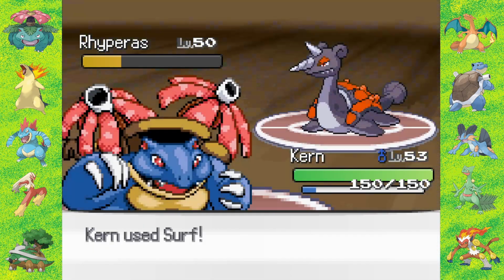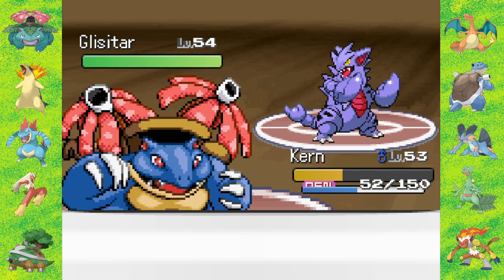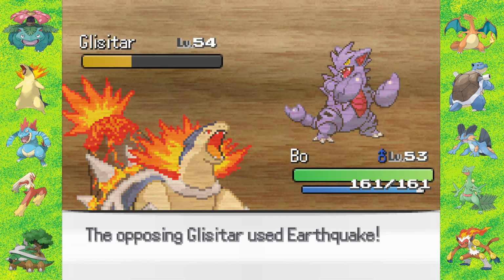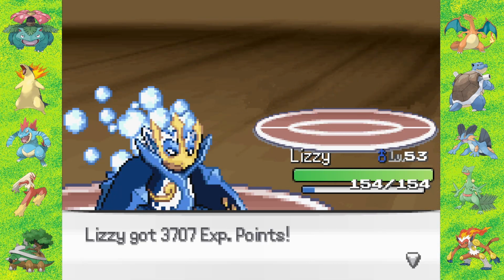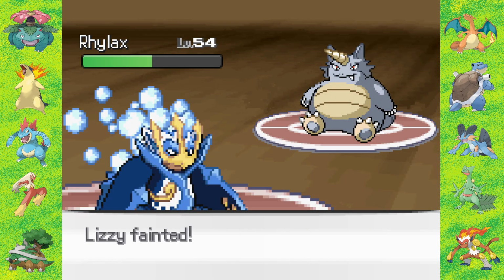Next out is Gliscor, which I'm a little bit afraid of actually, especially since he could poison me like he did. But I managed to get some good damage off before getting taken out, so I send back in Bo, who uses an Earthquake, gets 1 hit by his Earthquake. I don't even get to get any attacks off. Then I send out Lizzie, who Surfs to take it out. Last out is this Relaxo, who I get a good Surf on before getting 1 hit by Earthquake. I think if I didn't get hit by the Earthquake with Bo, I think I could have won that attempt,